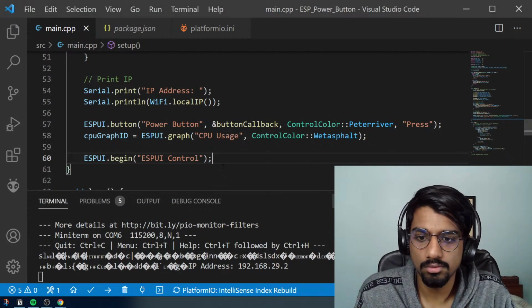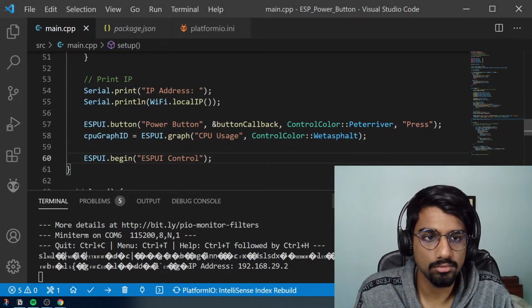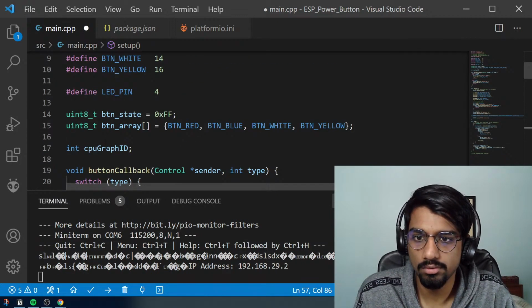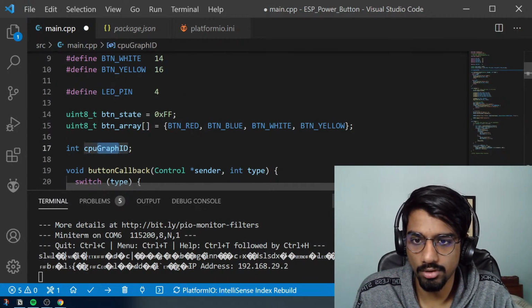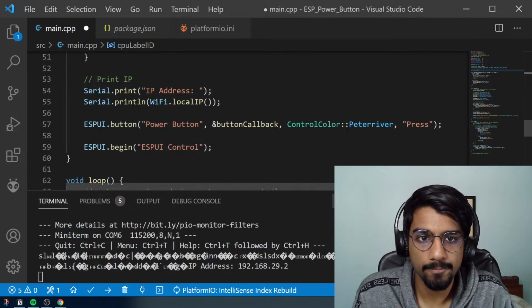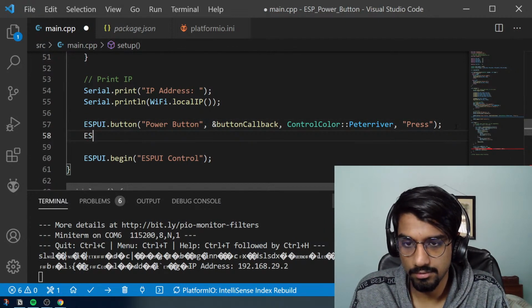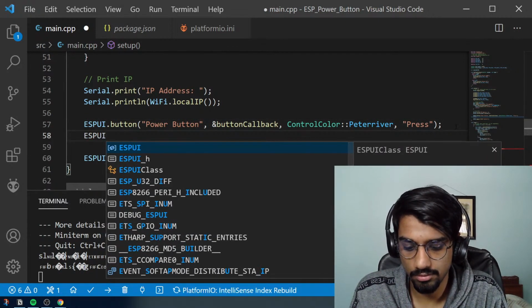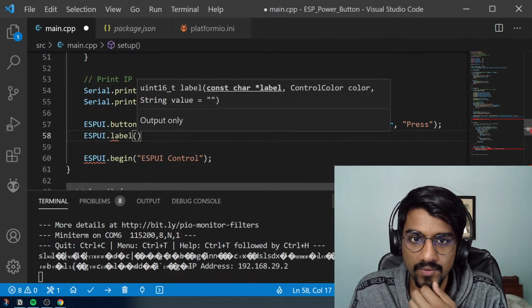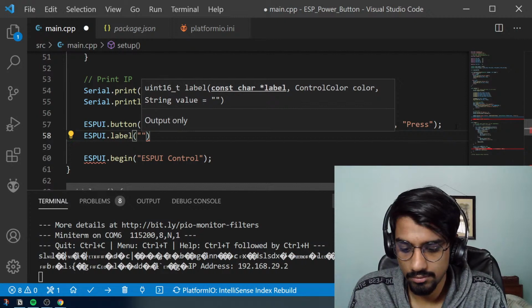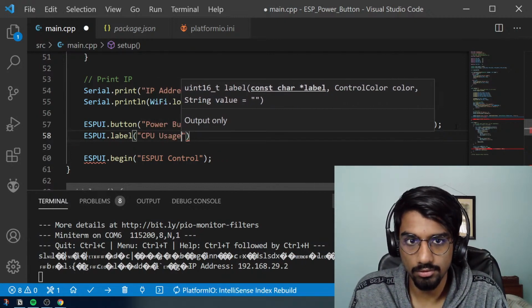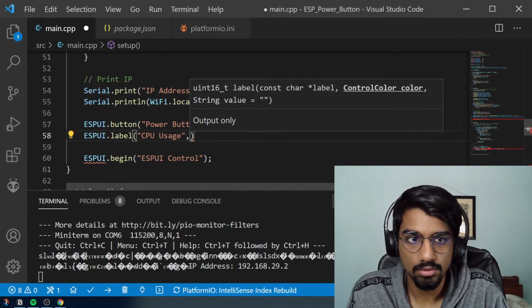Where is it? We're gonna remove the graph. Instead, we're gonna use a label. Okay. See, PSP UI dot label, your CPU usage, the color,